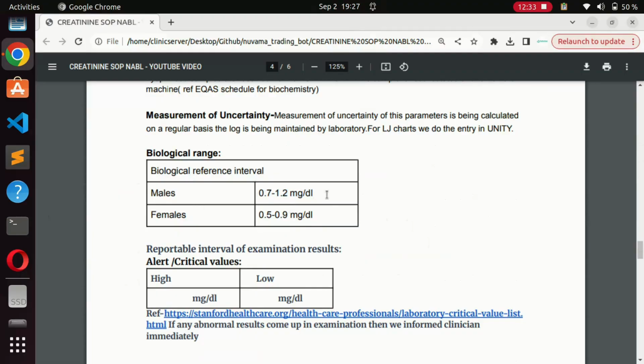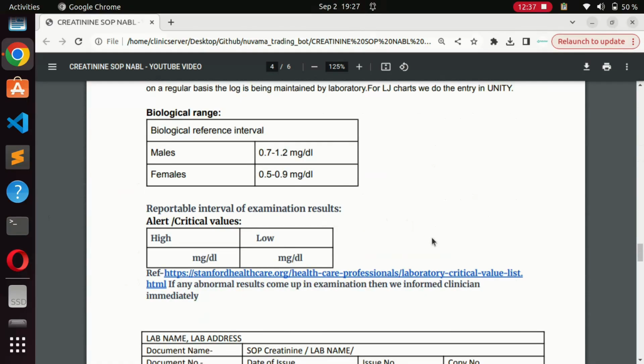Now we come to the biological reference interval for this parameter. So for males it's 0.7 to 1.2 and for females it's 0.5 to 0.9 milligram per dL. We then come to the reportable interval of examination results. So this has been left blank because every lab picks these values either on their own or from a reference. In this case, the reference